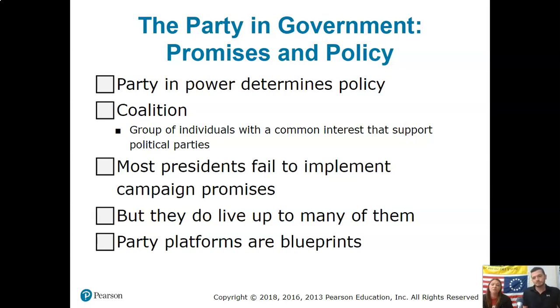No, you're fine. So most presidents fail to implement their campaign promises. This is very true. Presidents, and we've done it, there's been a graph on this, maybe on an FRQ. Maybe. Something like that. Yeah. Presidents become less popular, essentially, the longer they're in office, and that's because they run their campaign on all of these big things. I'm going to do this. I'm going to do that. We were just talking about how Biden was going to bring the parties together to get all these policies implemented, and really that has not happened yet. And so most presidents generally fail on most of their campaign promises, not all of them, but in general, they can't live up to everything that they're promising the people in a 4-year time span. But they do live up to many of them.